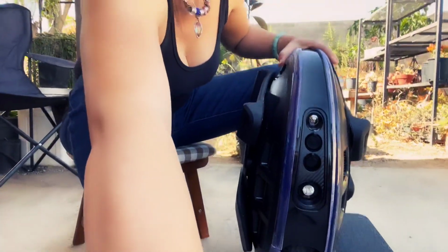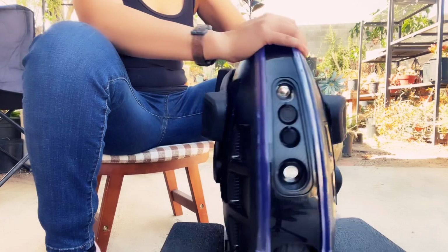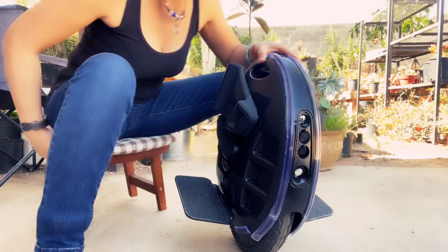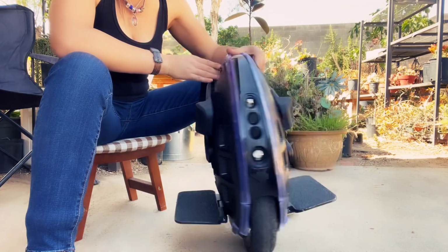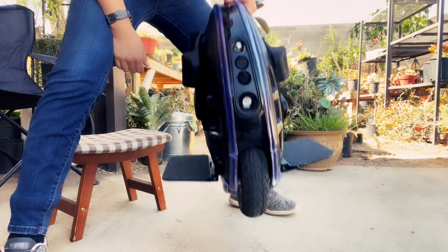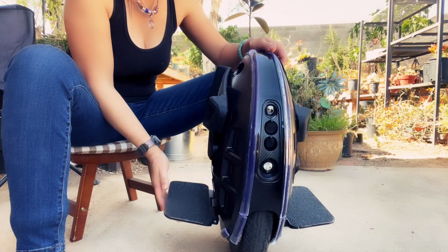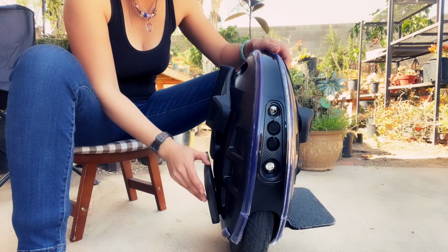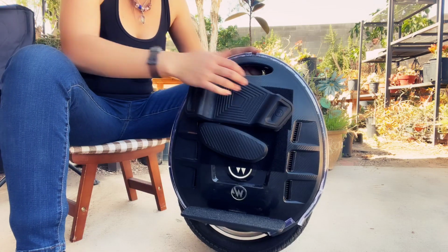Let me see if I can pull him over here. All right, we gotta adjust this so you can see him. There. He's like a little egg, and he's so adorable, and he's so light, and he's so cute. I can pick him up with one hand. These are kind of annoying because they don't stay up very well, but it's so easy. The only things that I did was put,